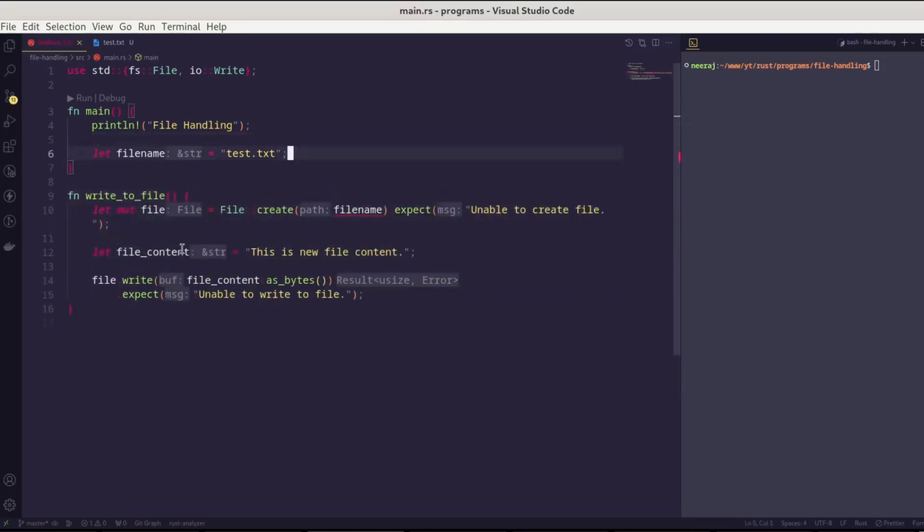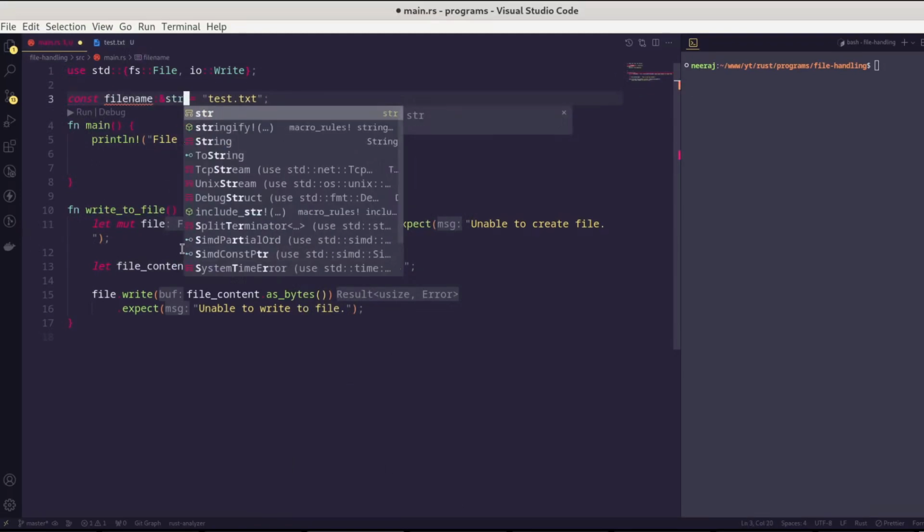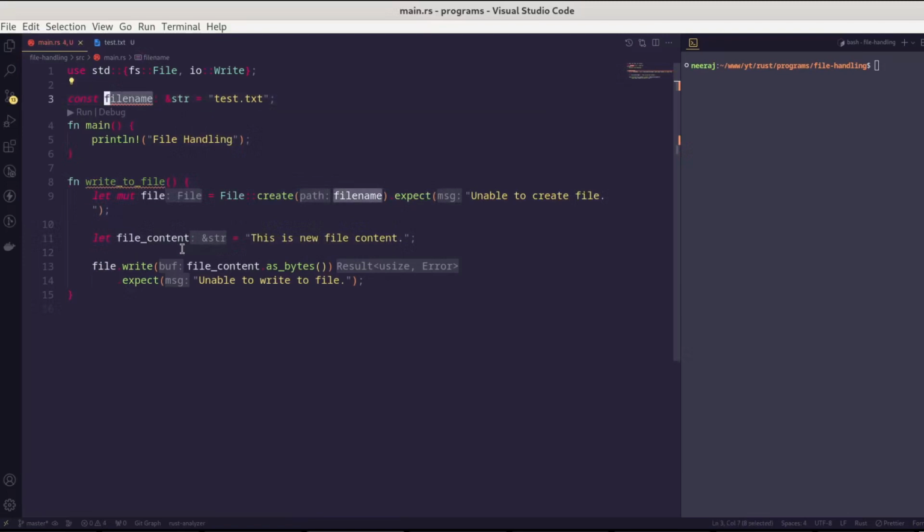Okay, and also since this file name would be used across multiple places, I'll move this outside as a global variable and we'll make it a constant. And we don't need to use the let keyword and str. And also, for a constant, a convention is that the name should be all in uppercase, and we will replace our file name variable accordingly. Okay, so that way the code for writing the data into a file is successfully moved into write_to_file